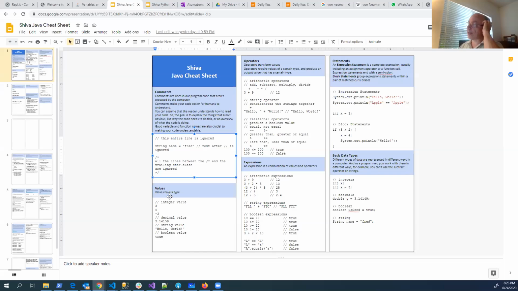Next thing we want to talk about is values. So values have a type. There are some examples of integers, and there's something called decimals. Integers are whole numbers. Decimals are, what would you call these things in math class?